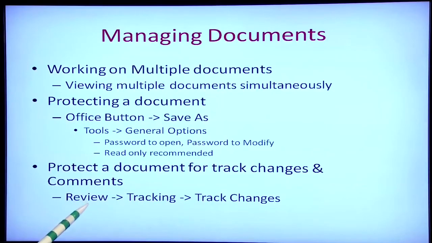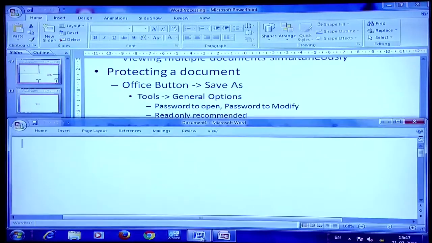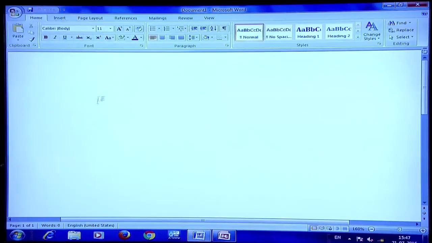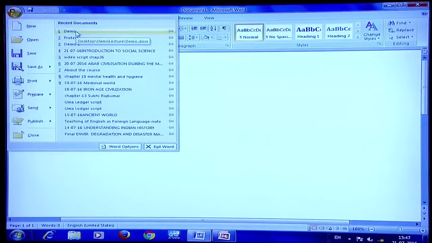For this we go to review, tracking and track changes. We use this when we want someone else to check our document and proofread it. Suppose I have written a book which contains many pages, 10, 20 or let me say 50 pages. I want someone to edit this book, and whatever changes that person makes, I want to see all those changes. For that I can say review, tracking and track changes. Now, let us see how we can do this. I start Word again, minimize the ribbon, I deselect it, I open a document, let me say demo.